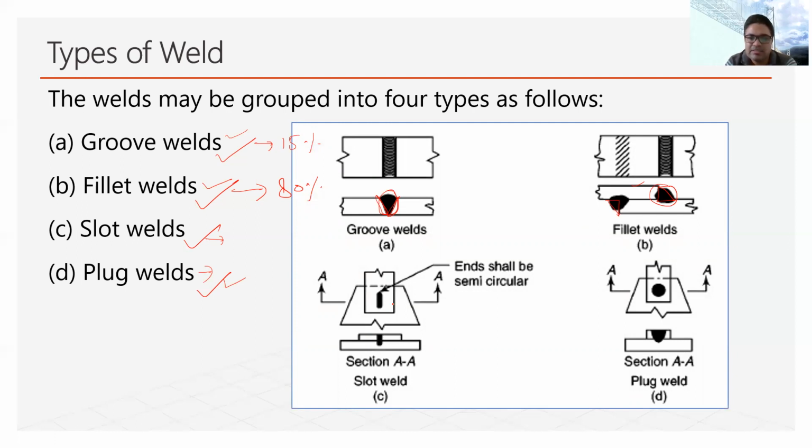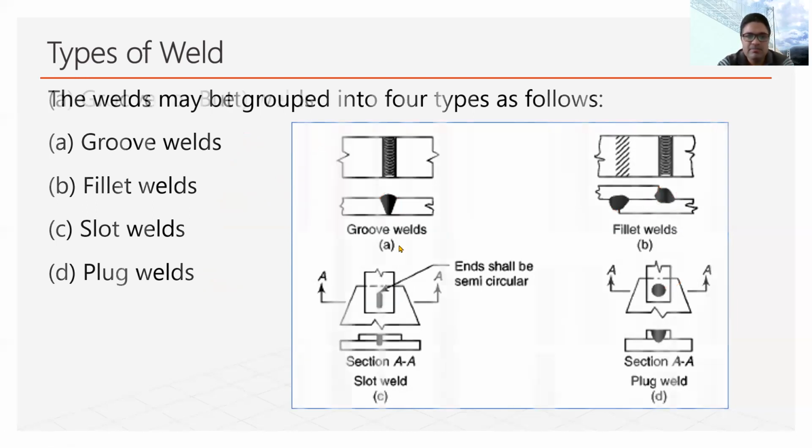Similarly, in this plate, if it is not possible to weld at this side or at this side, in that case some slots are made in the plates. I mean, they are like holes, and those holes are filled by the weld material. Similarly, in this case, if this is a circular part and we extend this circular part into a slot, then it becomes like this. So this is called plug and slot weld. We will see them one by one in more detail.